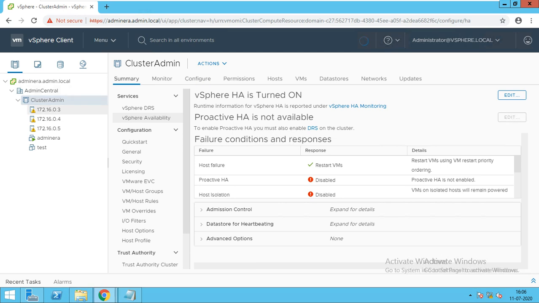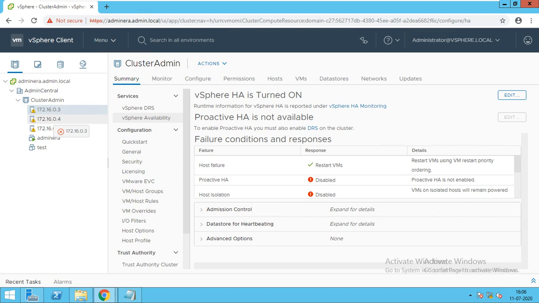Now we'll click on the host, and we'll right click on the host, and we have to reconfigure vSphere HA. The error didn't come, so that means it's done. We'll wait. Yes, now it came.